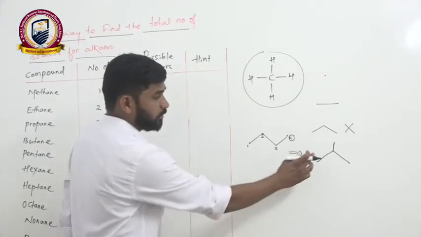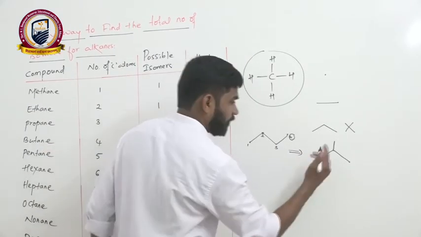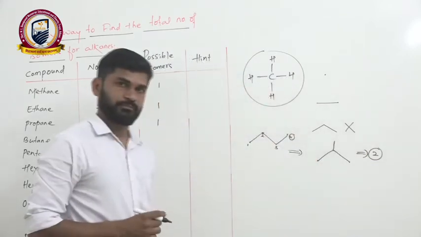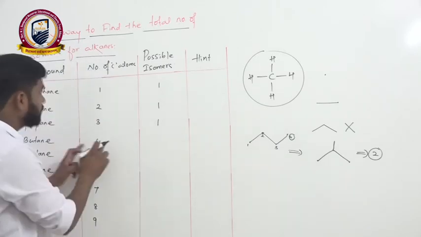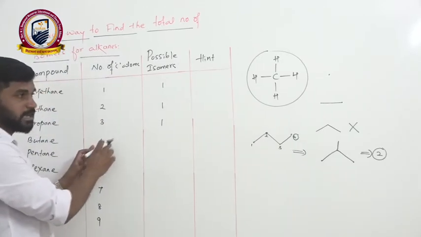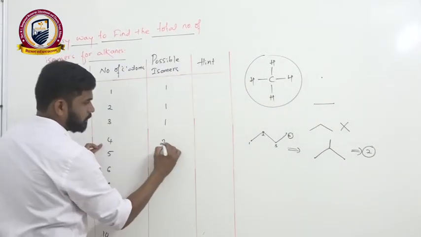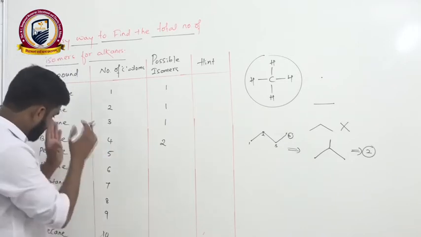Okay. So this is the word, only what here the possible isomer for corresponding butane. Therefore, butane is exhibiting how many isomers total? 2. Okay. So I'll tell you the trick here. Butane is having 4 carbon atoms, and it is exhibiting 2 possible isomers. Therefore, butane exhibits 2 possible isomers, and the same trick we have to follow.